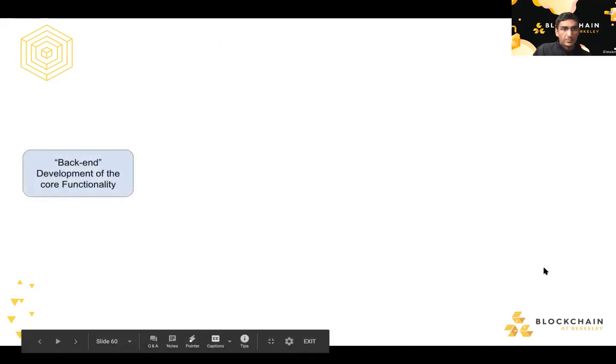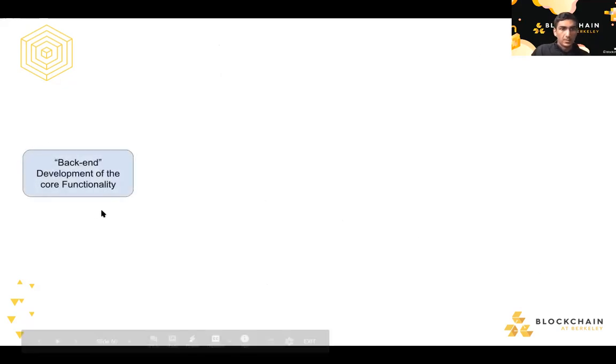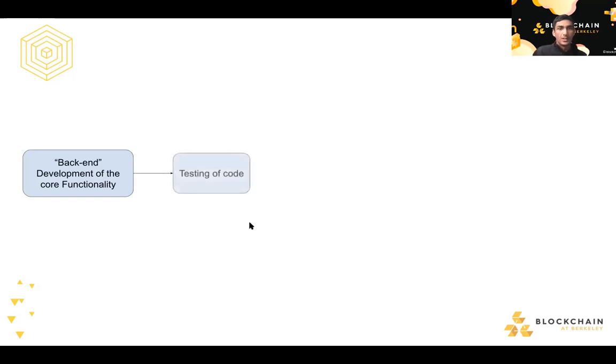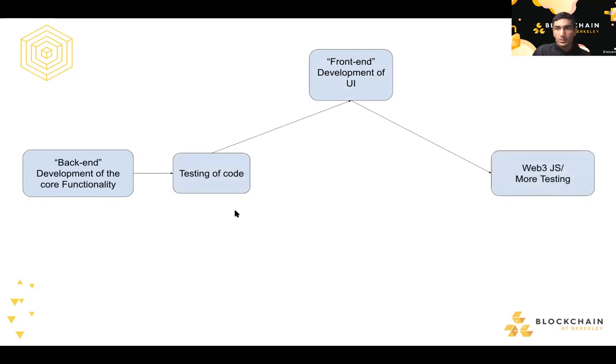Backend is the development of the core functionality. Exactly, this is why it's like hardware. You start off at the low level with the smart contract. Then you test the smart contract. Then you start thinking about how the user will interact with it through the UI. Then you integrate the UI into the smart contract, and you do all the testing. Then you go onto a test net. Ethereum has the Ethereum mainnet, but there are also two or three Ethereum test nets that you can use first